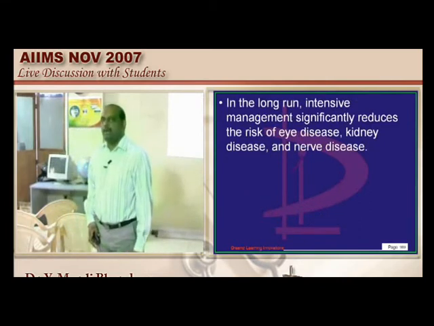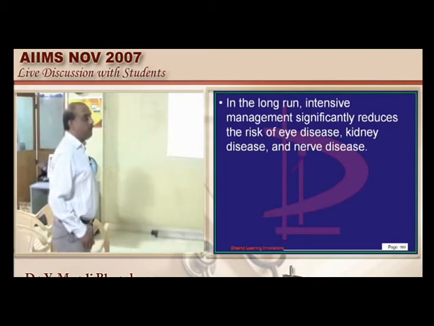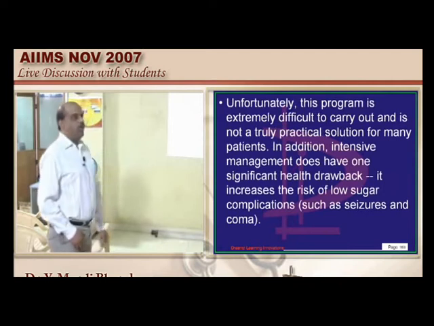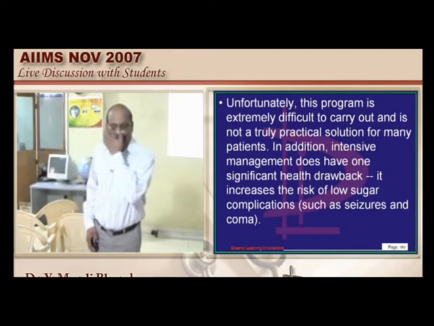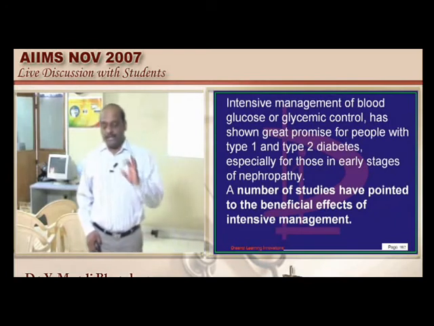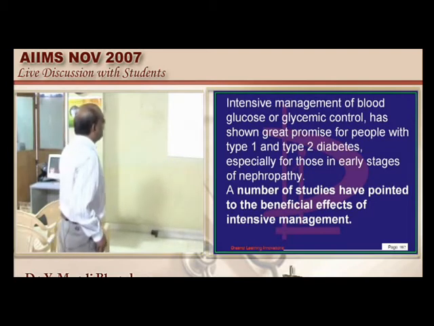It is especially required if you have a pregnant patient with diabetes, or similarly a post-transplant state also, you don't want rejection, and autonomic neuropathy, a complication of the diabetes, is also considered to improve if you introduce the strict intensive diabetic management protocol. That is what needs to be remembered.